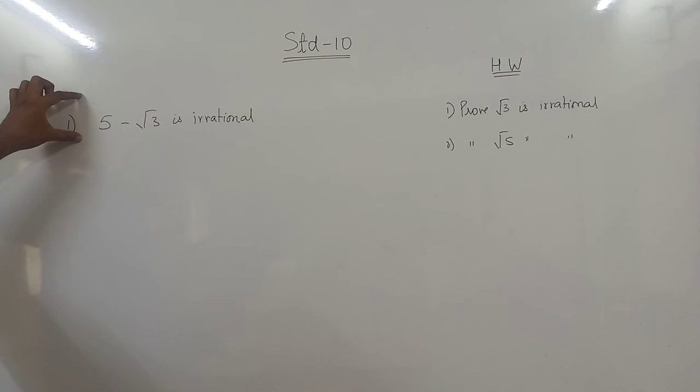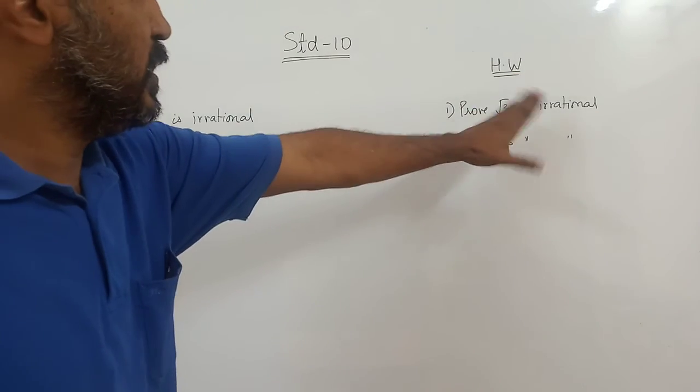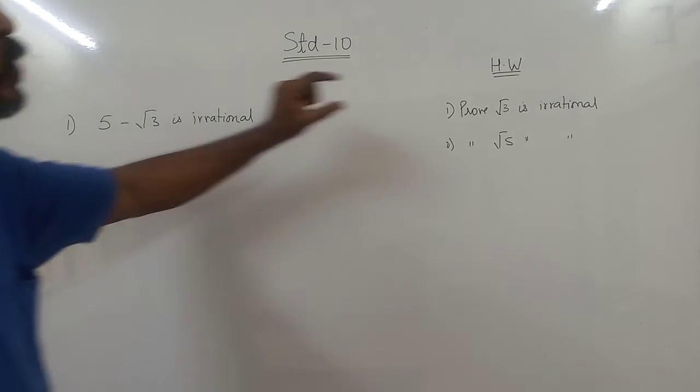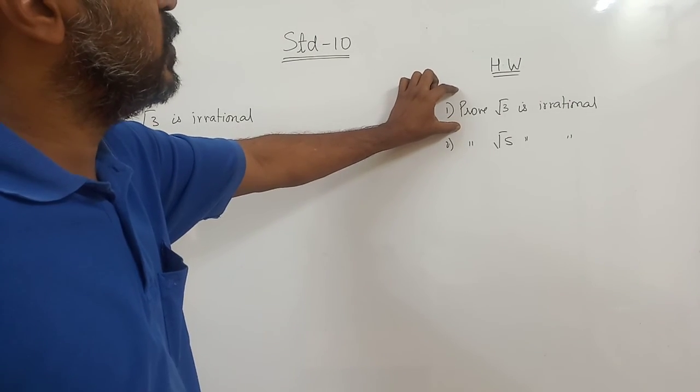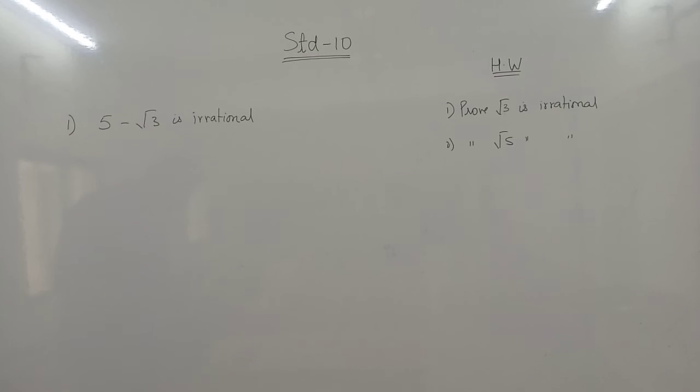So you have to see the marking scheme here. What does the marking scheme mean? If this is asked for 1 or 2 marks, don't do this, leave it. But if this is asked for 4 marks, then first you will have to show root 3 is irrational, and after showing this, you will have to prove this. So that depends upon the sum.